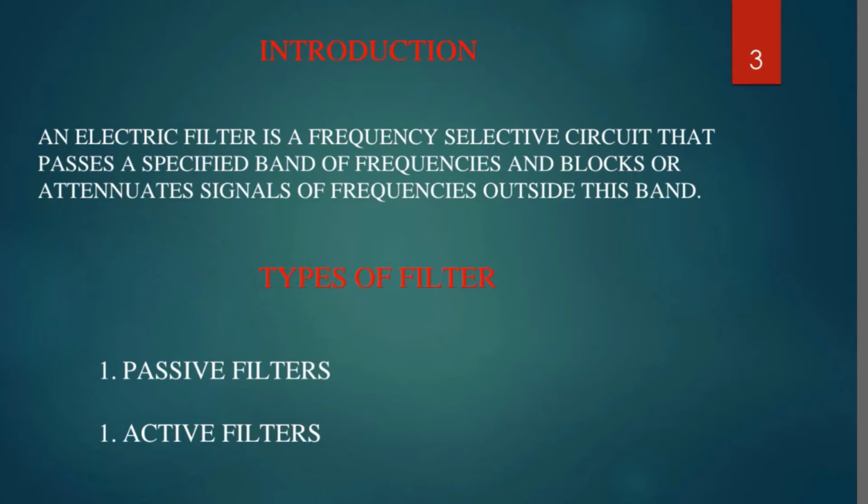Filters can be active or passive. As I said, the types of filters are passive and active. The four main types of filters are low pass, high pass, band pass, and band reject. The major difference between the active and passive filter is that an active filter uses active components like transistors and amplifiers for the filtering of electronic signals, as against a passive filter, which uses passive components like resistor, inductor, and capacitor to generate a signal of a particular band.